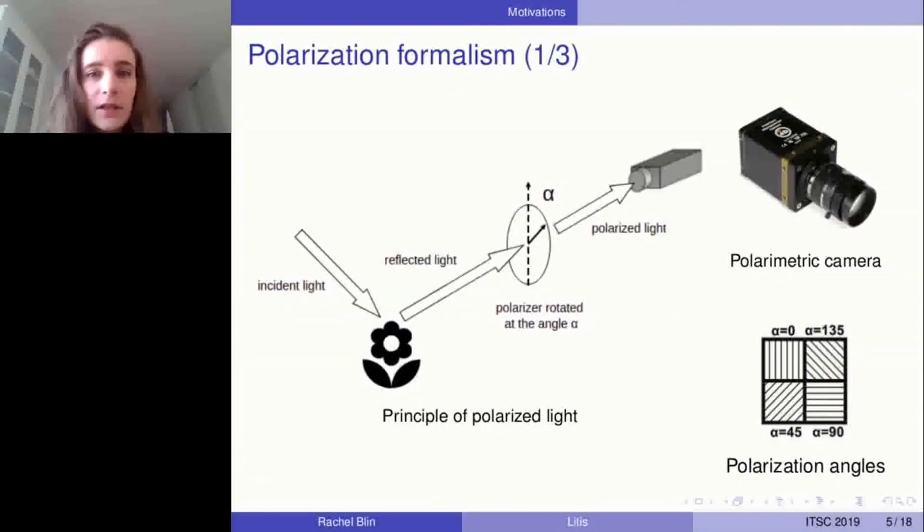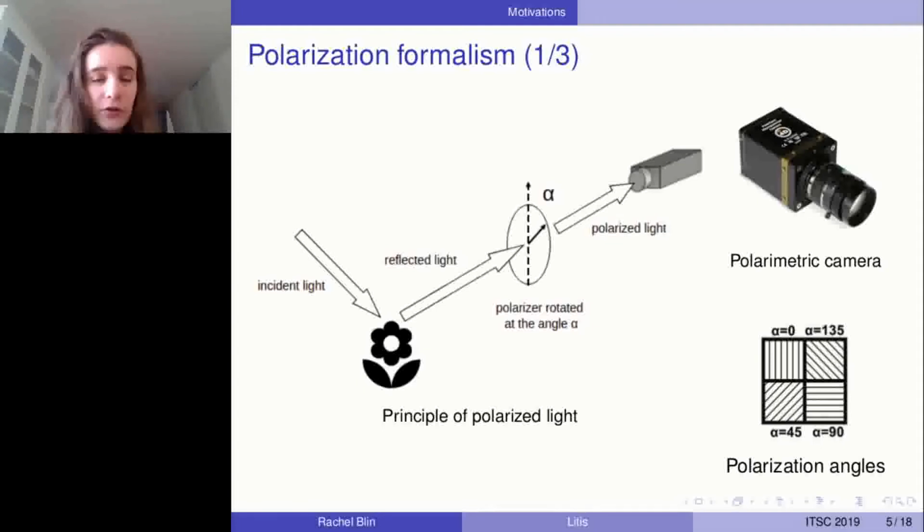Before giving details regarding the polarities dataset, it is important to introduce the polarization formalism. When an incident light is being reflected by an object, it becomes partially polarized. A polarizer rotated at an angle alpha is placed in front of the sensor, enabling to capture the amount of linearly polarized light at this specific angle, which we call the intensity.